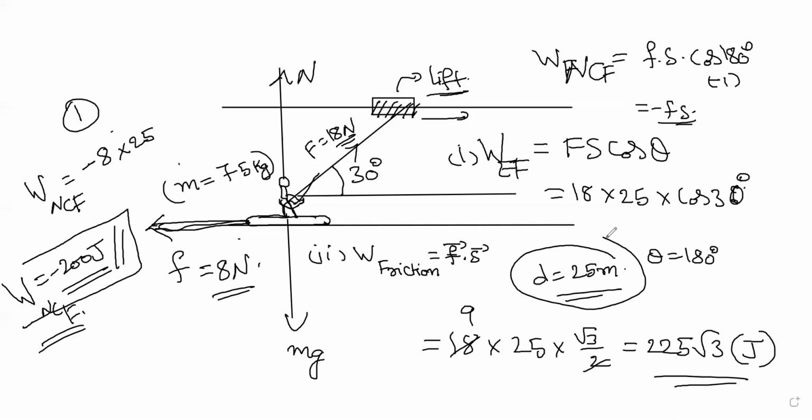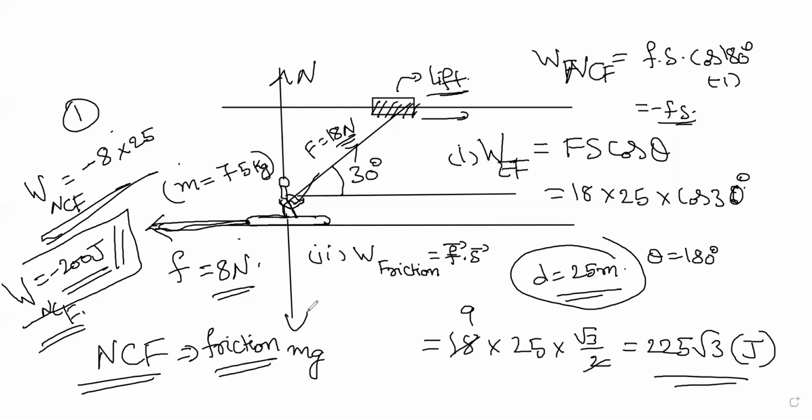Both the things are within that work done by each force. They said the work done by the external force as well as work done by the frictional force. Frictional force is the non-conservative force. What is the work NCF? This NCF, non-conservative force, that is friction. Normally the friction will be taken as the non-conservative force. In general, many things are non-conservative forces. One thing is friction, and there are many examples.